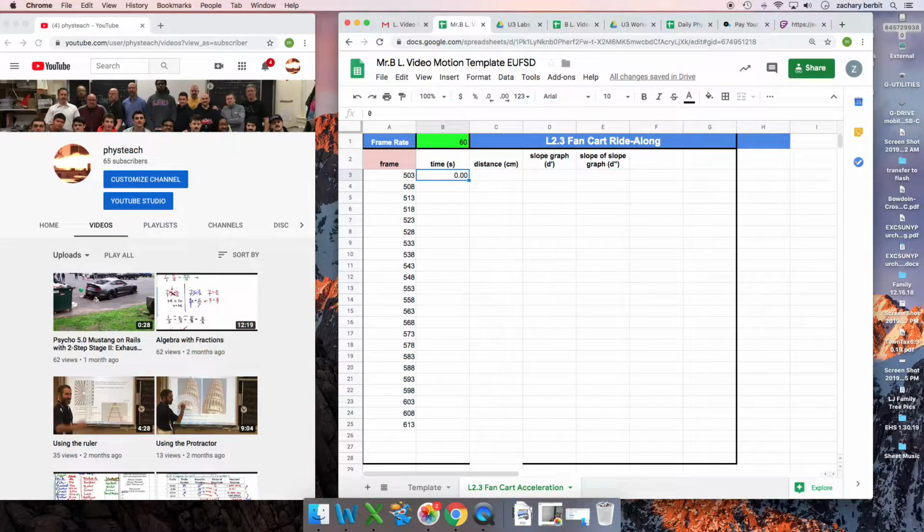So here's how you can do it. We'll delete that. We're going to make another math formula. Equals. We're going to take our starting frame. That's A3. I'm going to click on that. And we're going to subtract our starting frame. A3, there it is. And that's going to be maybe a time. And again, you're like, well, why would I do all that? Well, then if you drag this down,